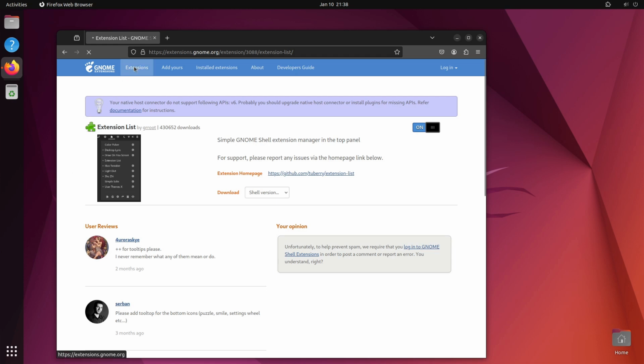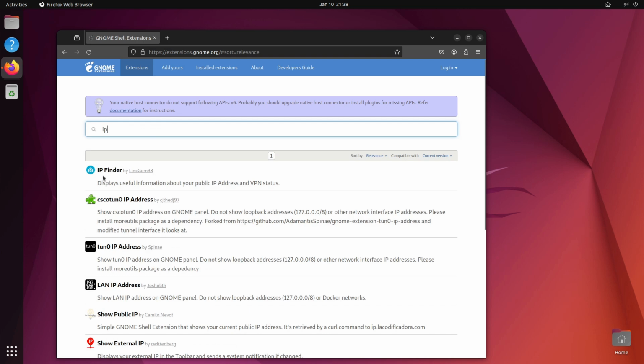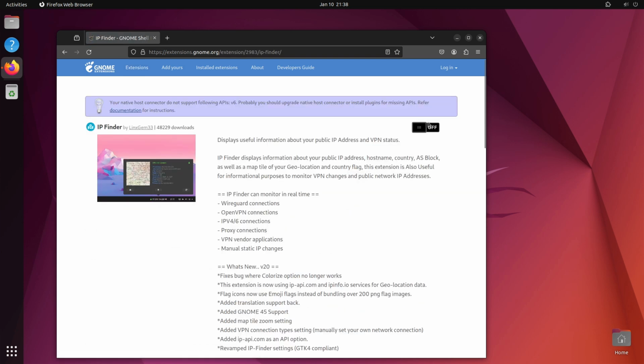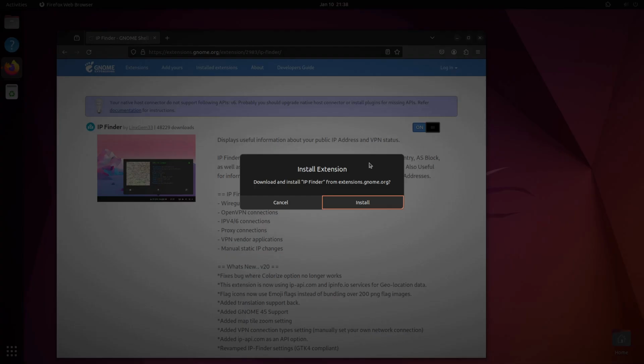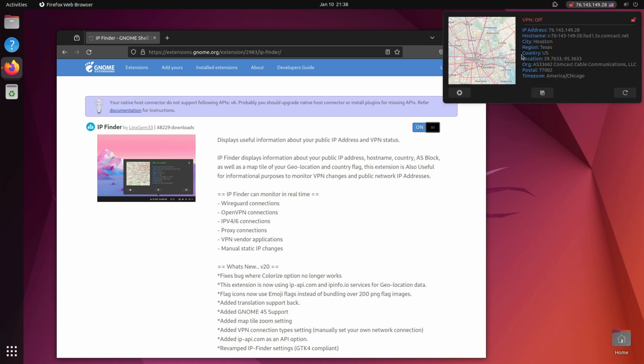If you go back to the extensions menu, one of the searches you should do is for IP. And IP Finder is one of the ones that I like, and we can go ahead and turn it on and install it. And then at the top of the screen here, you can see it says it's loading IP addresses, and if you click on it, it will tell you more or less where your location is according to your